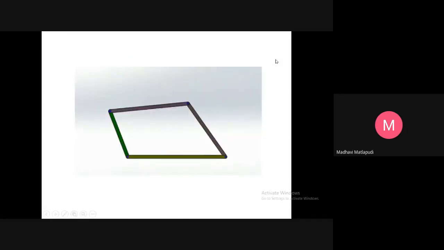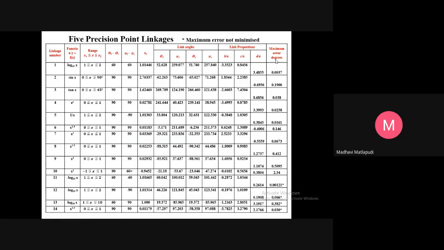What do we mean by maximum error? Maximum error here means the structural error minus the ideal angle. So it is basically the difference between the ideal angle and the structural angle, which arises from the structural error. That difference is what is called the maximum error. That is a permissible error of the output link.